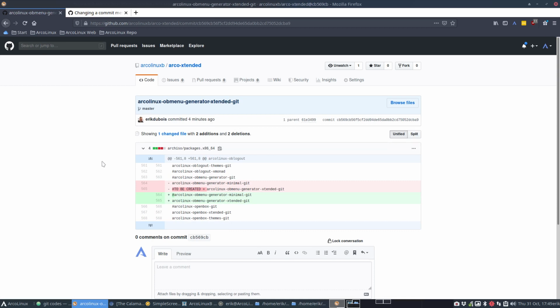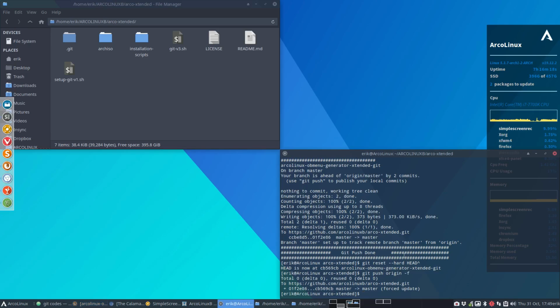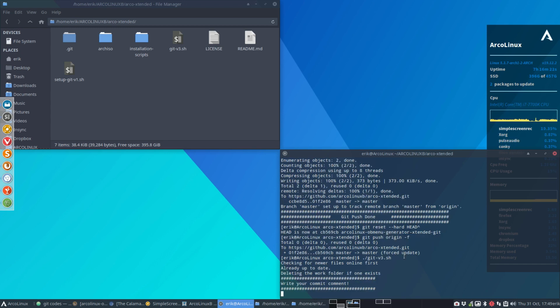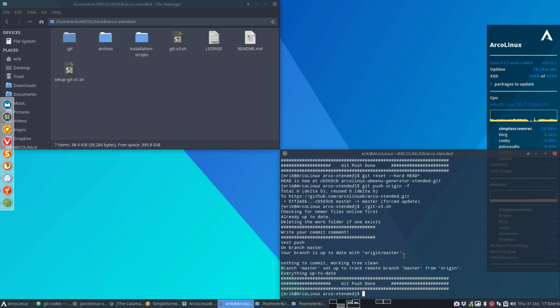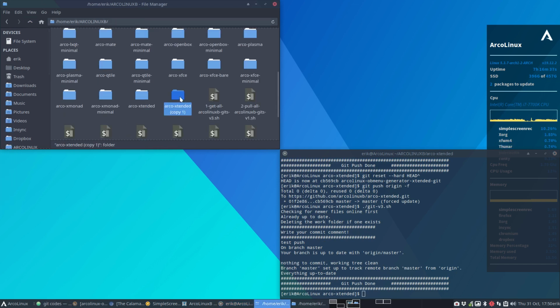That's better. Let's do a final push to see there are no differences. Just push. Nothing to commit. Okay. Feeling good. Just in the nick of time, in the end, everything goes wrong. So our backup is not needed anymore. This one can go.